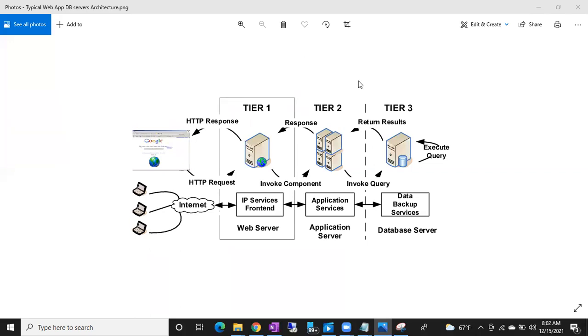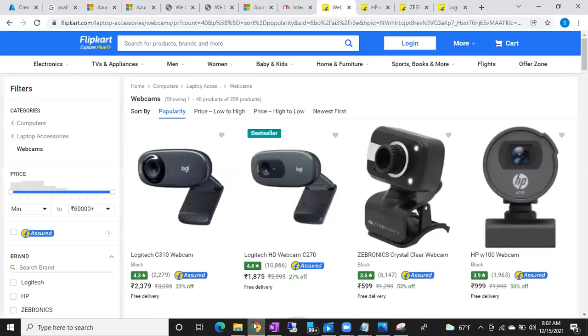What is a database? As this database is at the back end, we can call the database software backend software or backend databases. The application will always be at the front end. That's why we call application servers front-end applications. Why? Because whenever you open any website, first of all, you can see the application only. That's why that is a front end.